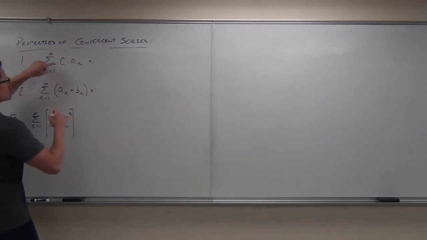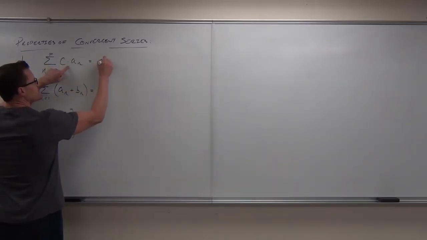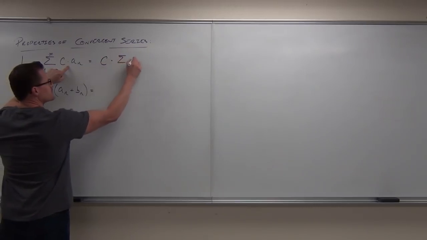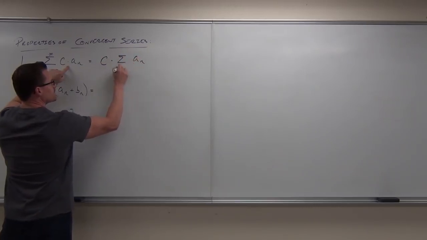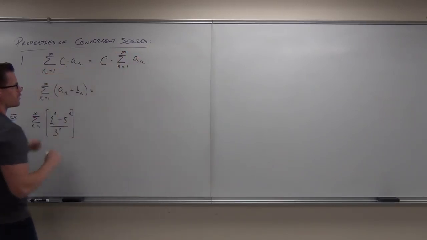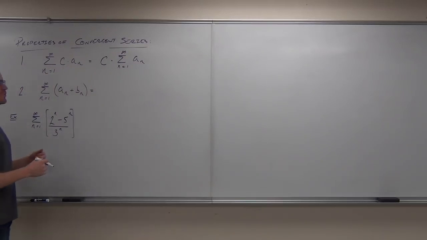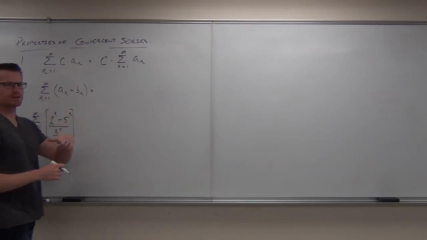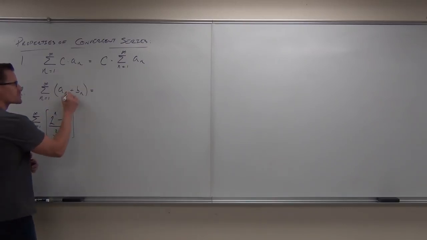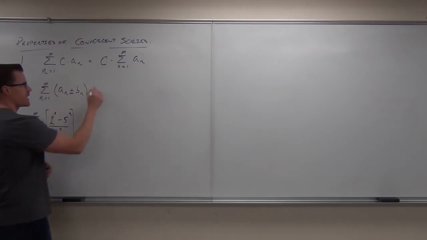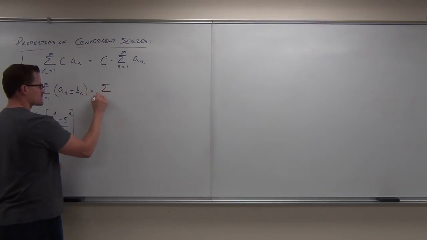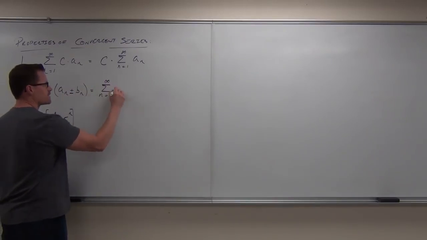So instead of having a series of c times a sub n, it's the same thing as doing c times the series of a sub n with no problems. Also, what you need to know is that if you have a series where you have 2 sequences added together that are giving you the terms of the series, or subtracted, you can split up those series by the sum